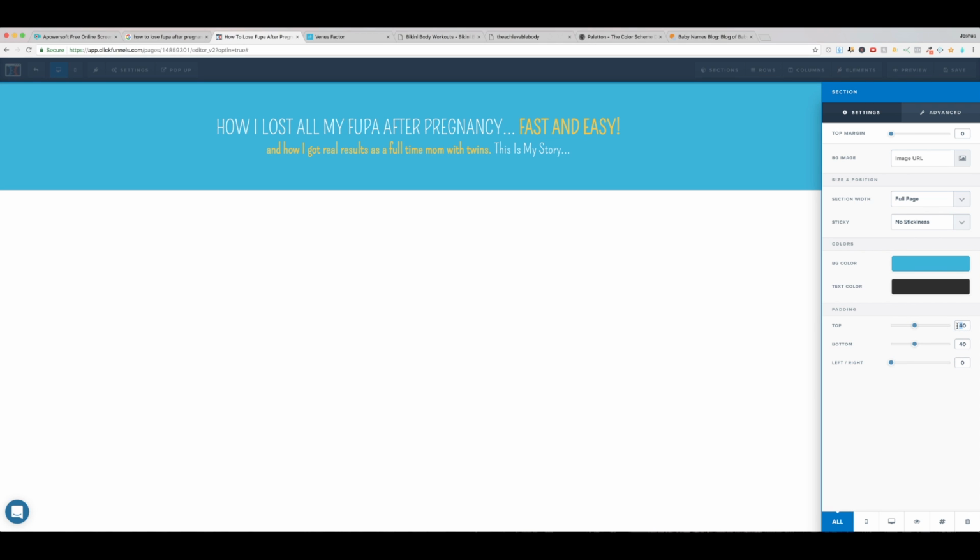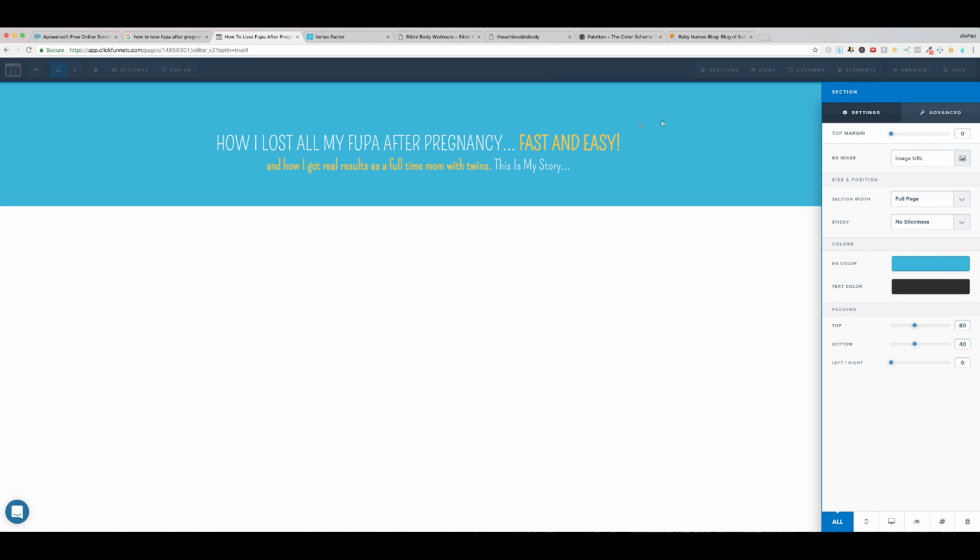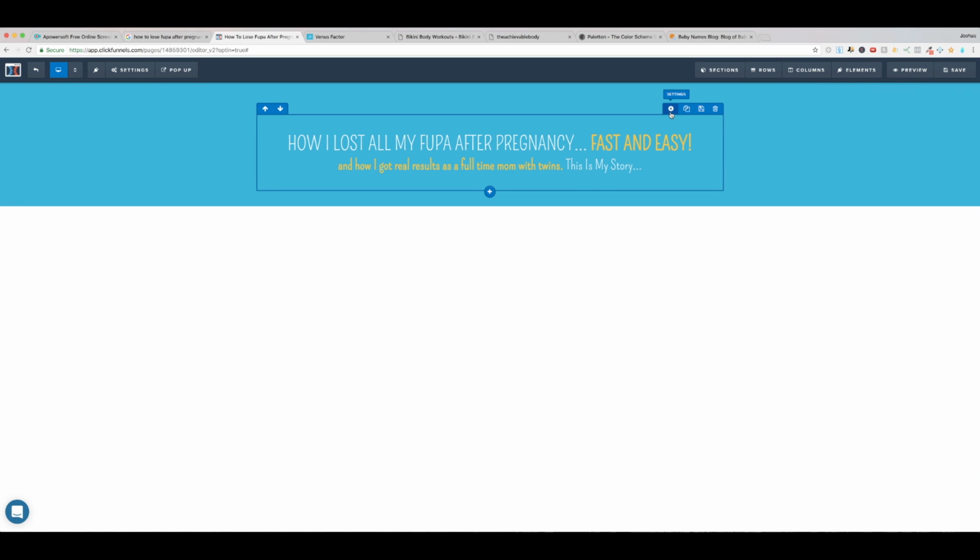If I make this like 80, you'll see this top blue actually gets bigger. There's more padding, like stuffing, on the inside of this section now, and it's going to make the distance between the top of the row and the top of the section increase